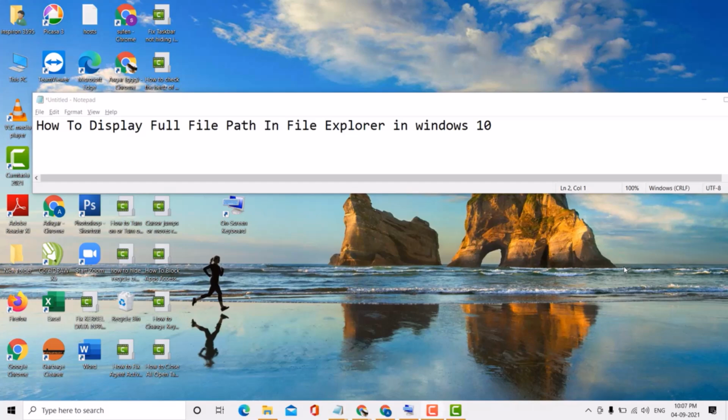Hello, welcome guys. Today in this video, I'm going to show you how to display full file path in File Explorer in Windows 10 PC or laptop. So as we want to display full file path in File Explorer in Windows 10 PC or laptop, so very